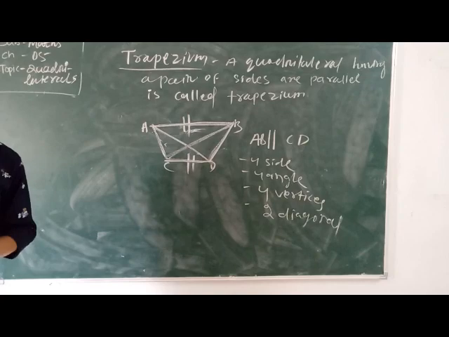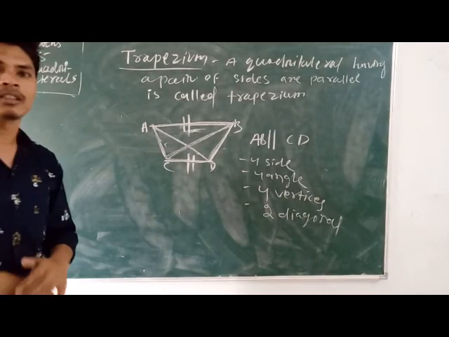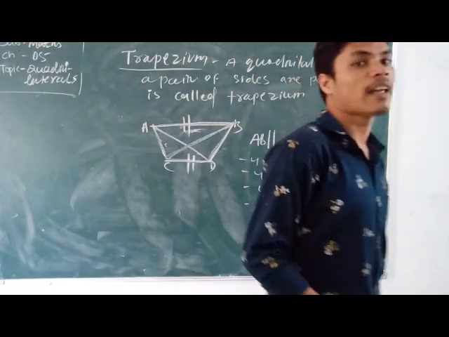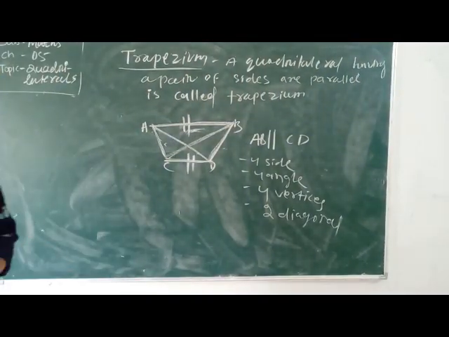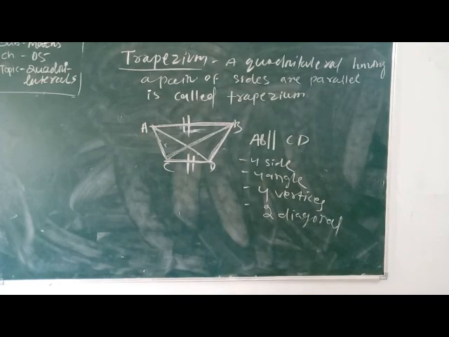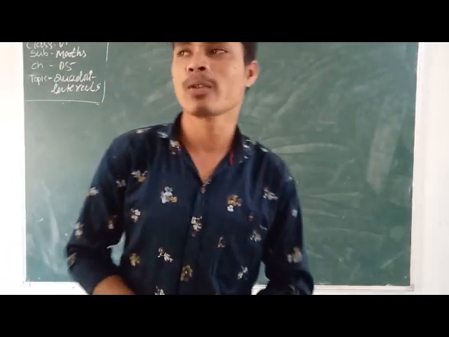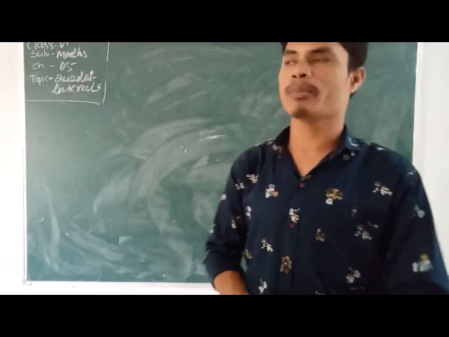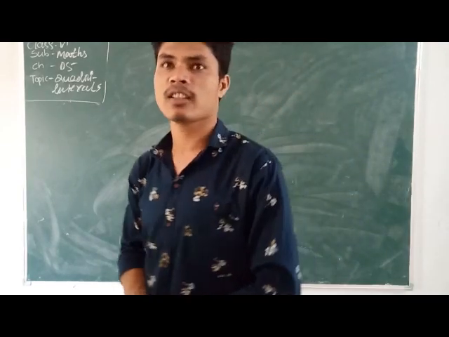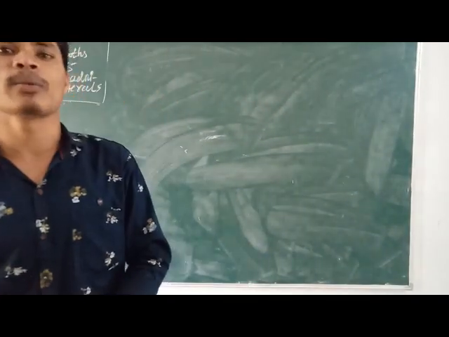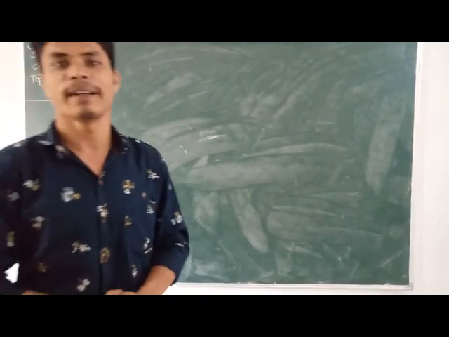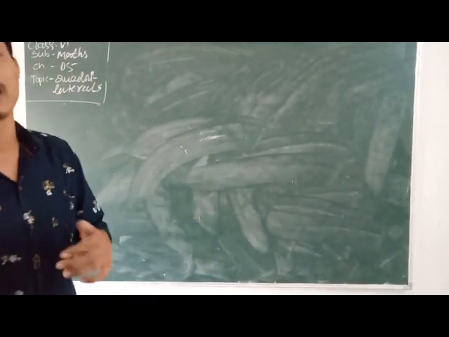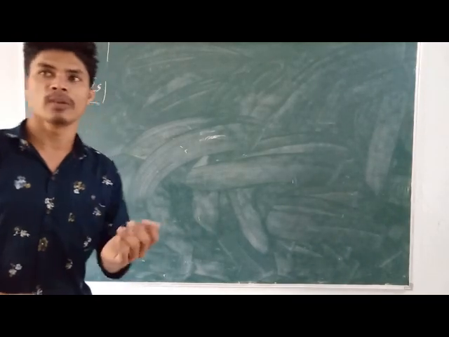Now we discuss polygons. What are polygons? Polygons are made by line segments. And we discuss different types of polygons like pentagon, hexagon, all these things. Already we know about polygons. Now we discuss the classification of polygons. A polygon having three sides is called what? Triangle. A polygon having four sides is called quadrilateral. Same, a polygon having five sides is called what? Pentagon. Then septagon, then hexagon. Many sides are there.